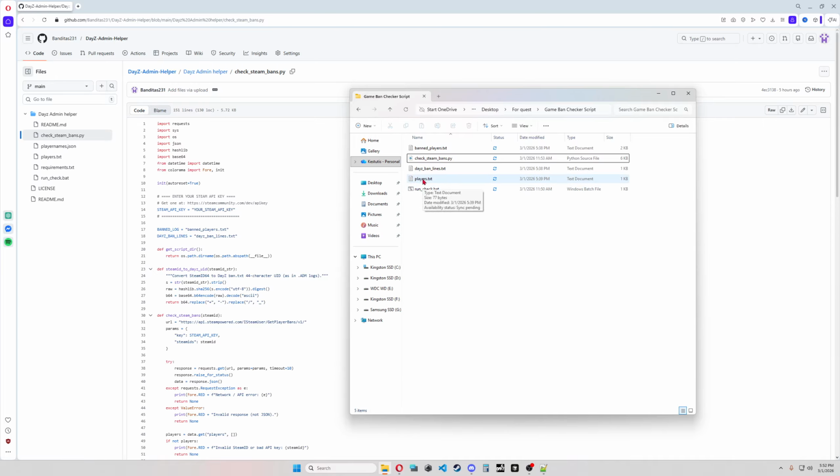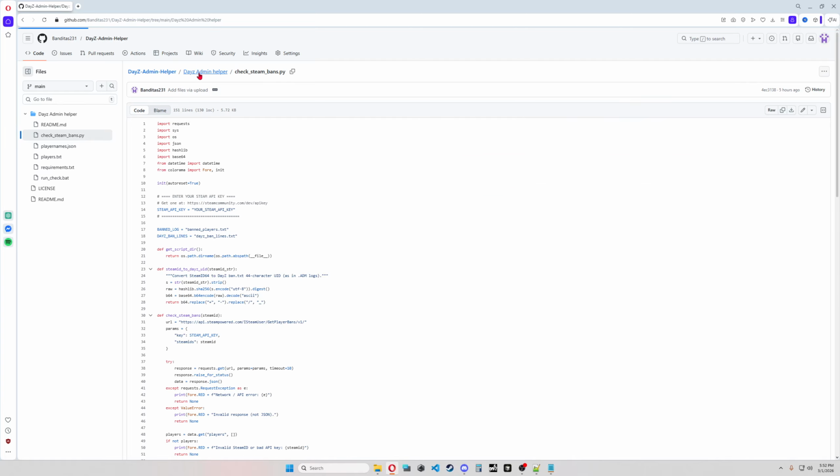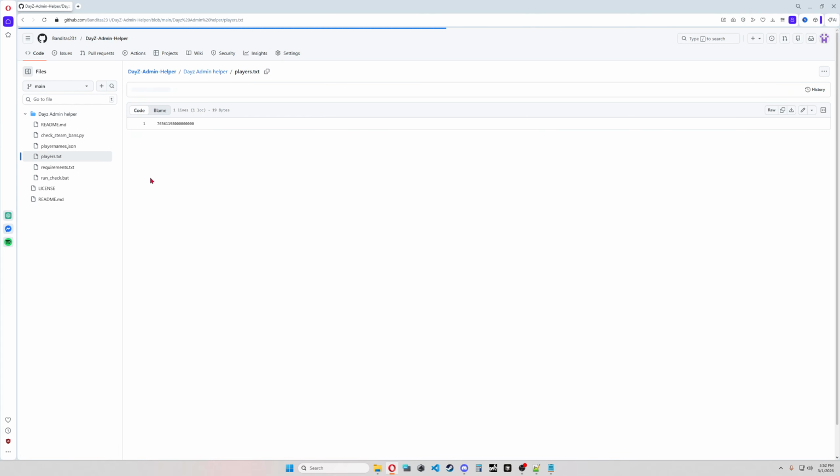So next, if you don't have LB Master on your server, you just open the players txt file, and let me check or show on this one here. It should be like this. You need to paste the Steam ID like this, and every line is supposed to have no commas, nothing, just one ID per line.